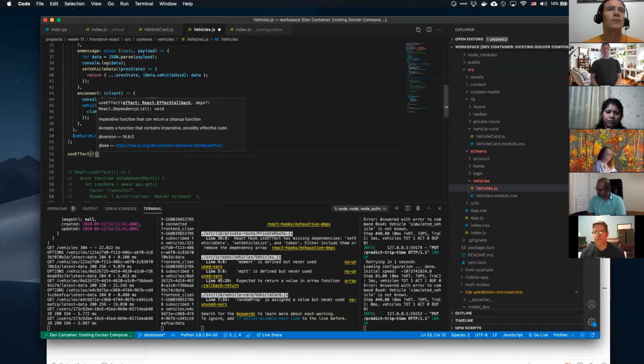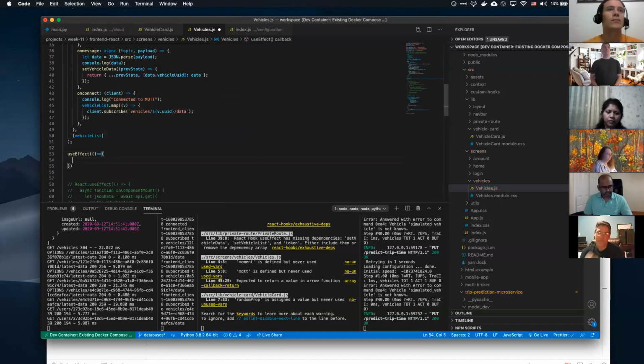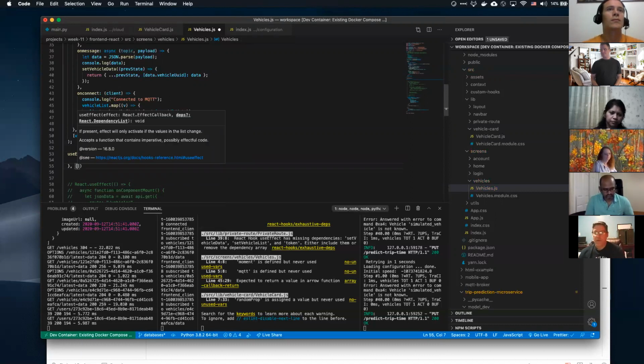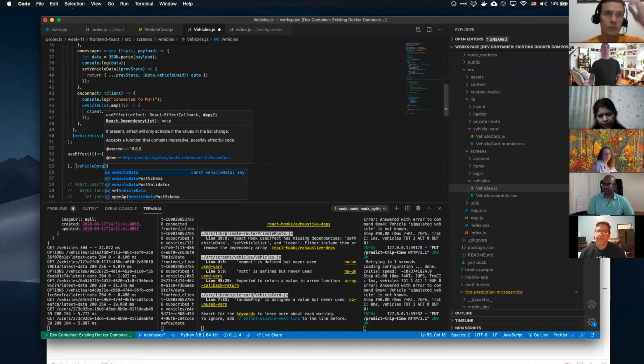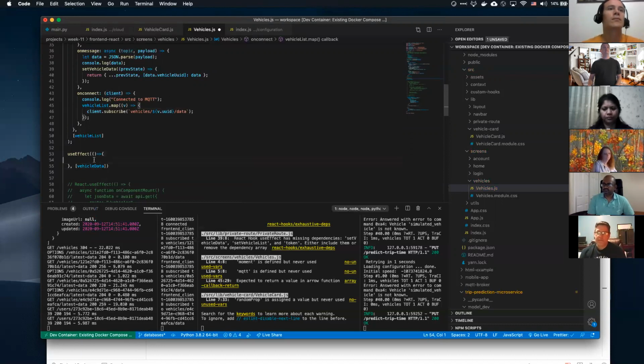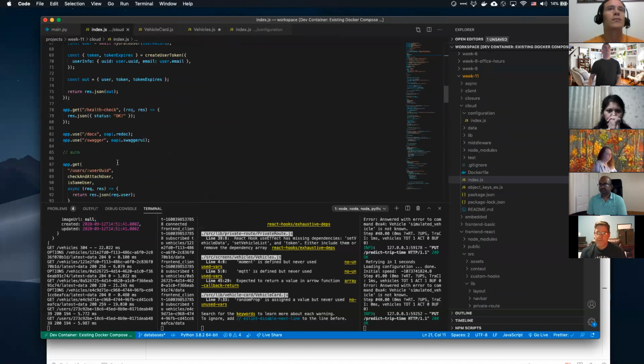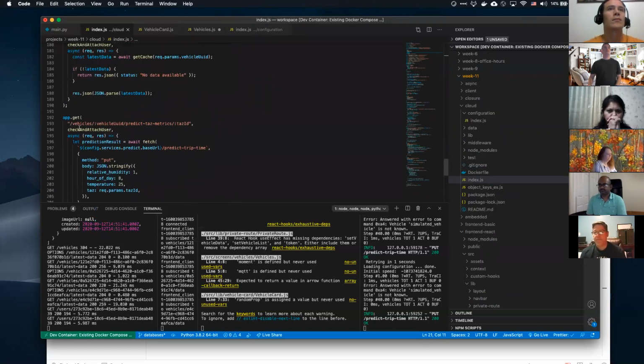And for the useEffect, I basically did a component mount. I need to do it on vehicle data, so I need to subscribe to vehicle data. When I get vehicle data, I need to get the prediction, because if you remember, in order to get this prediction in the cloud, I need to send the vehicle UID up with it.